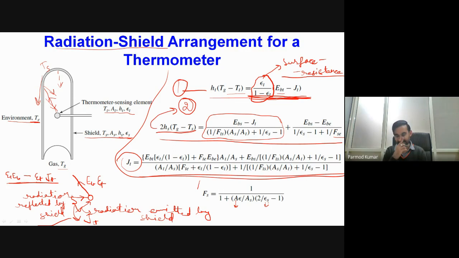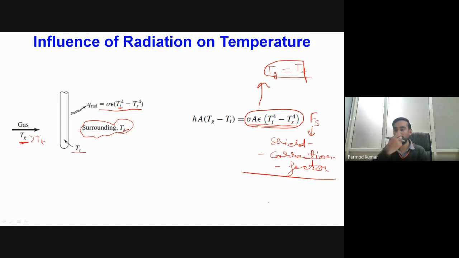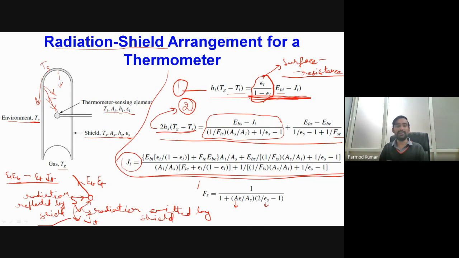Okay, so for measurement of temperature in a low range of temperature, and if we are having a significant proportion between the thermocouple and the radiation shield, corresponding to that we can directly use this shield correction factor in our radiation equation or energy balance equation, which is given in this particular slide. So this equation which I have shown over here, if you simply multiply Fs over here, that will provide your correction because of the radiation effect in your measurement, and you need not solve these two equations.